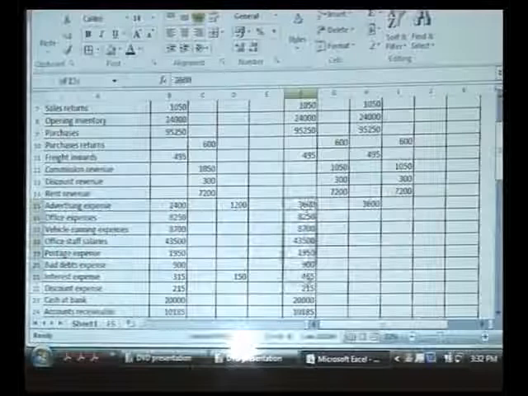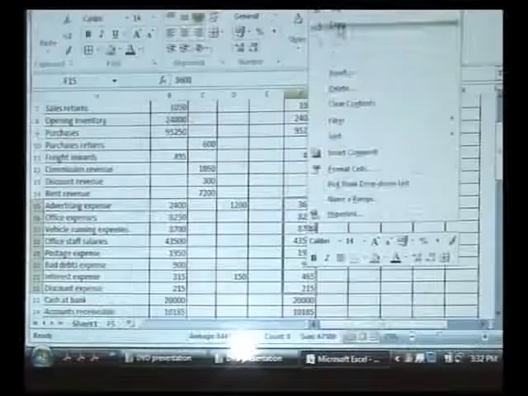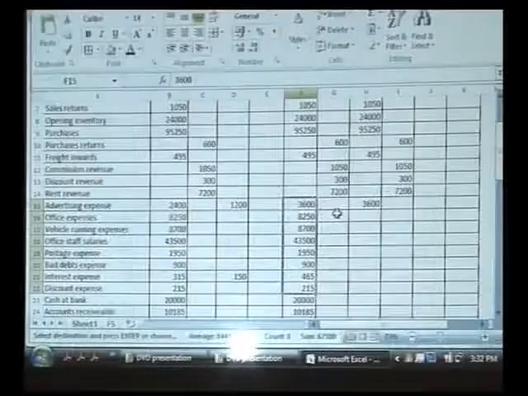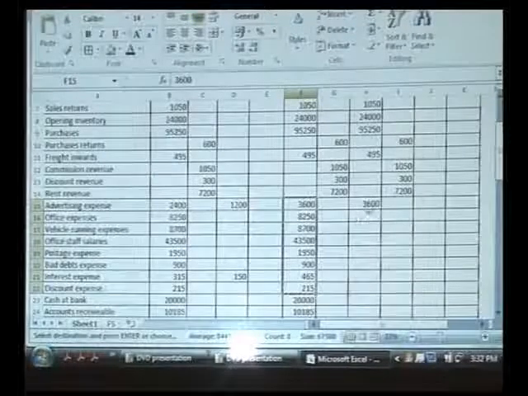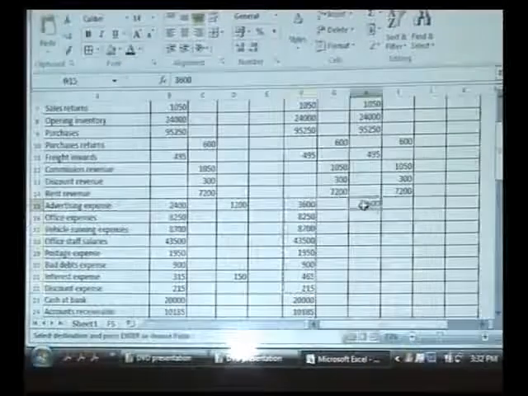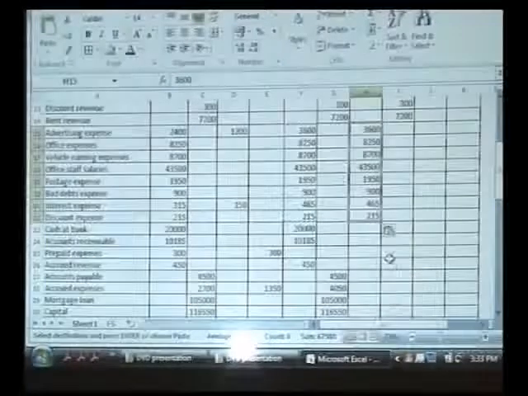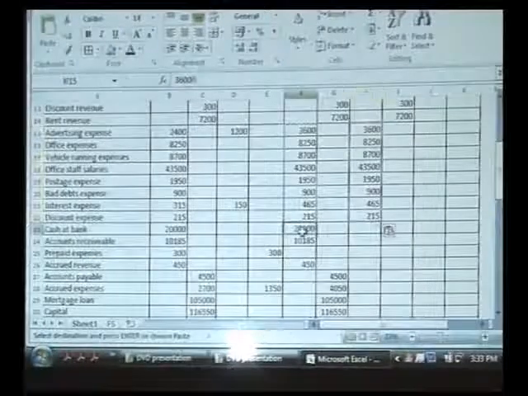all expense items and income statement debit. Income statement debit. Cash at bank account balance,